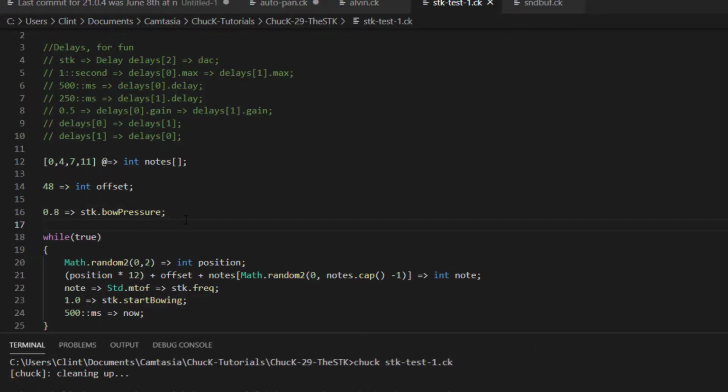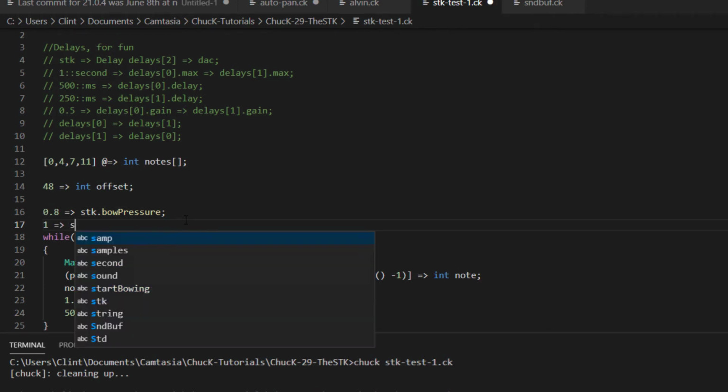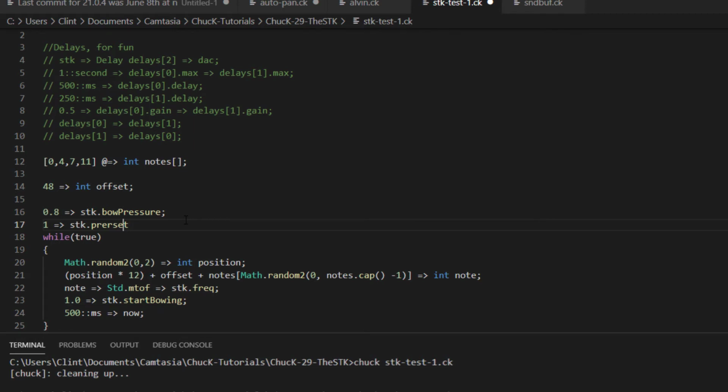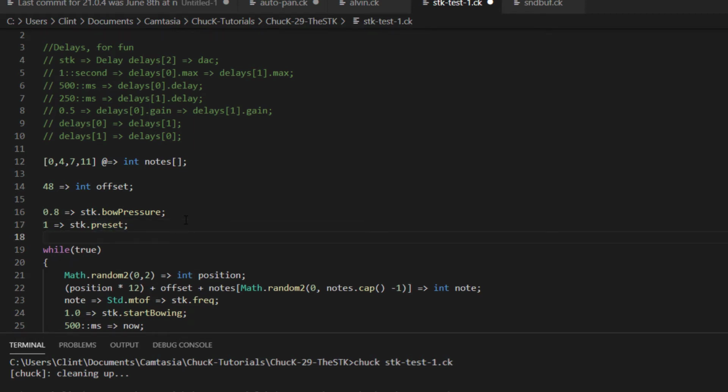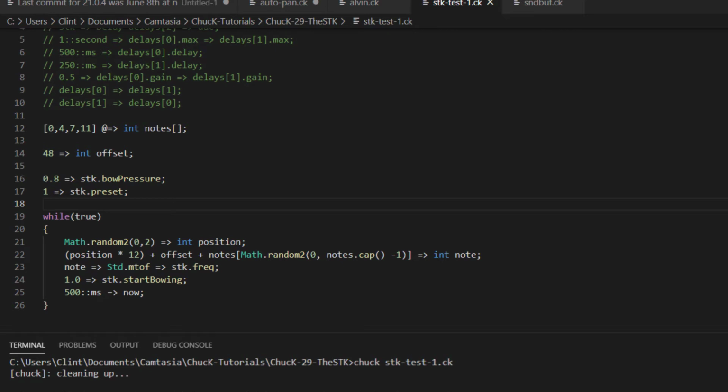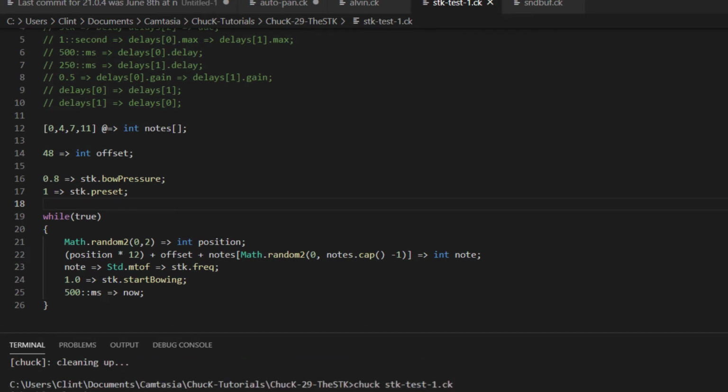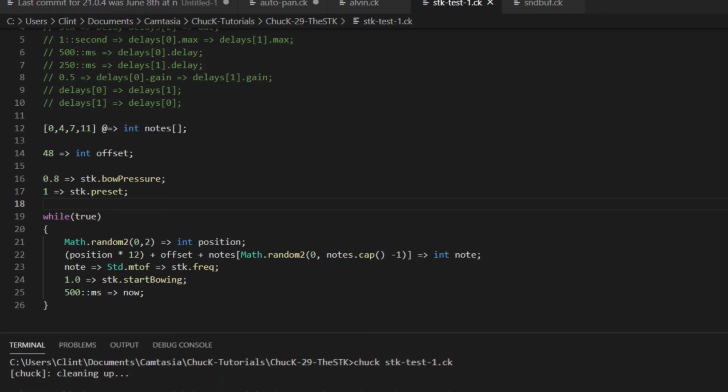And we do that by sending a 1 to stk.preset, and spell it right. Save that up. Let's try it again. Because I'm bowing on this one, you get quite a different sound. You do get that bowed sound. So if I switch this all the way up to a whole second, or 1,000 milliseconds,